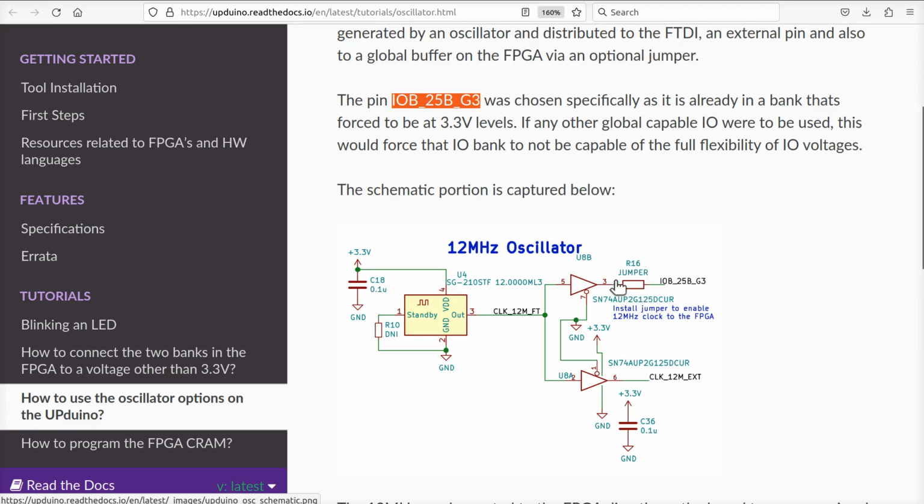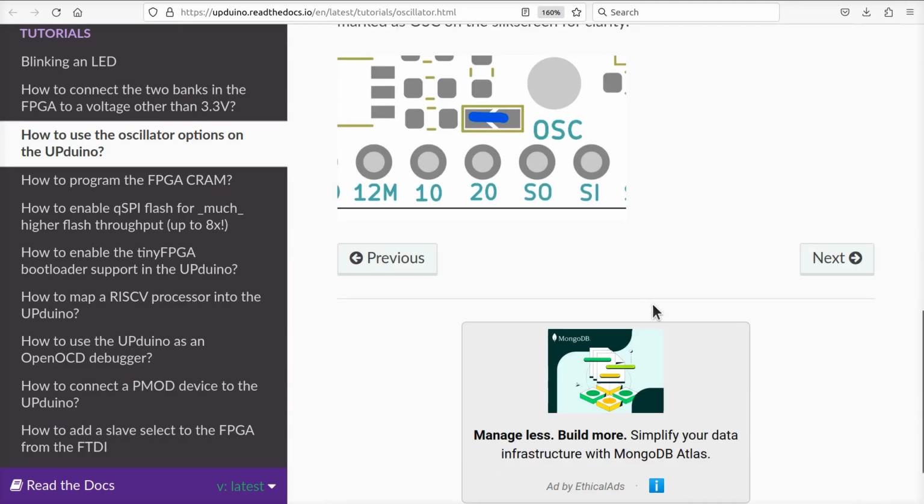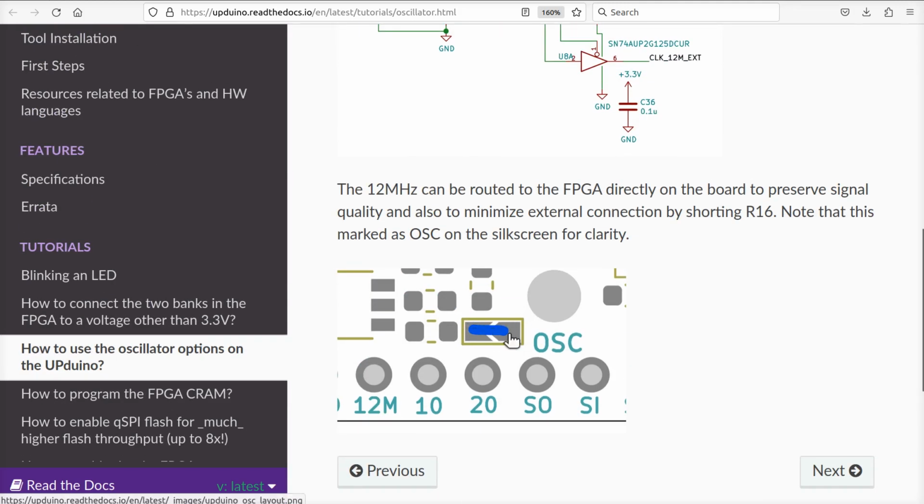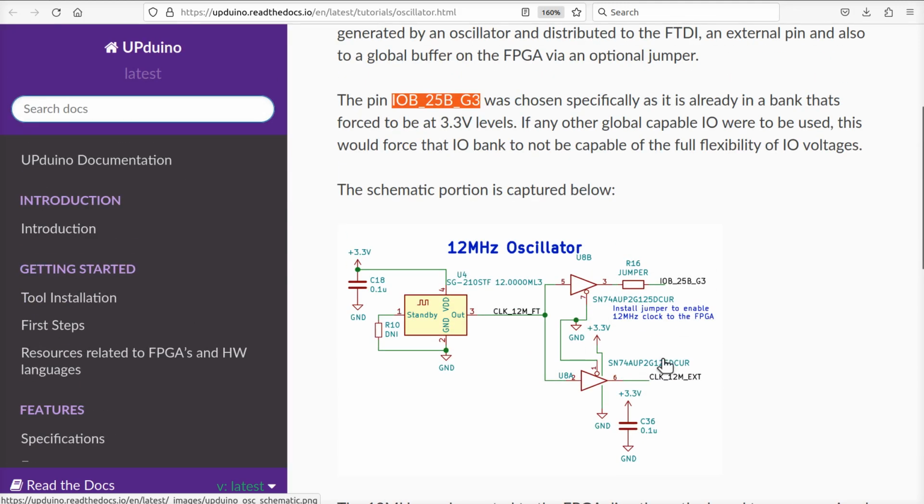If you want to install it, you can do a couple of things. You can solder a little blob of solder, a teeny little wire, on this little jumper spot on your board, which they show down here. It's this little thing that looks like this. Or what you can do is take a wire and connect from this pin here over to that one there